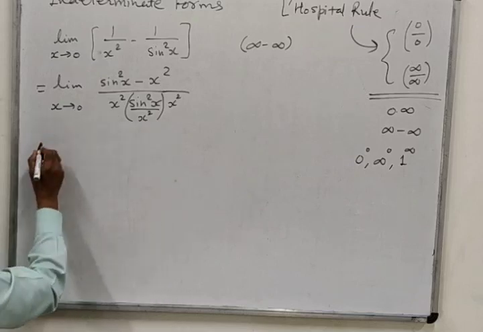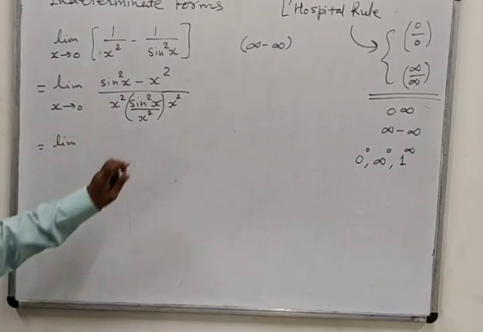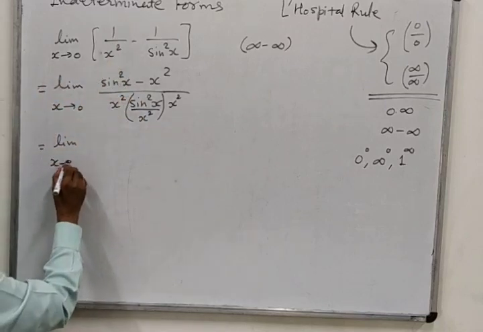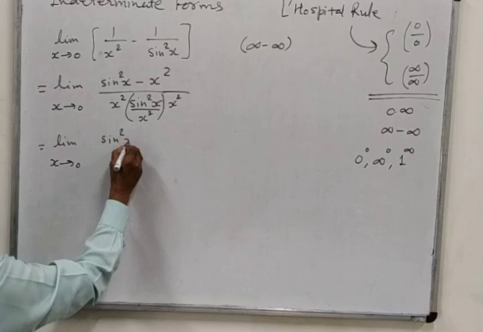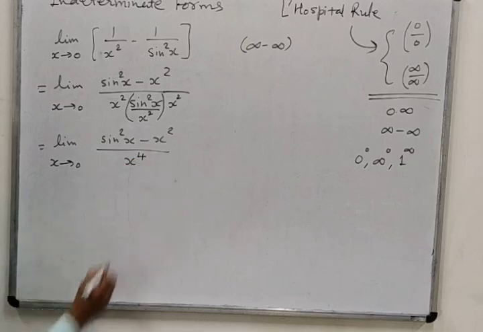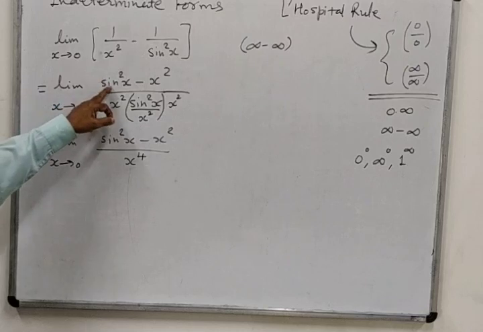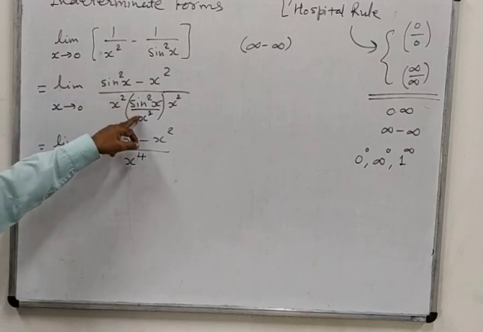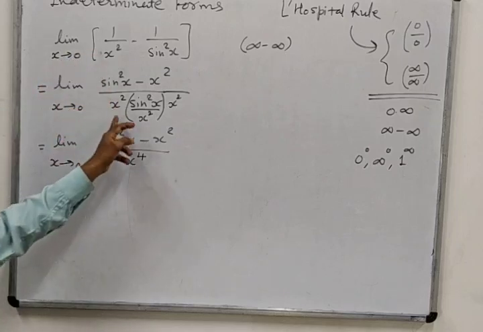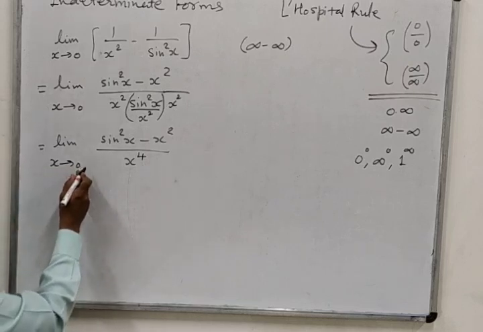As this value is 1, as limit x tends to 0. Here we are not writing which form this is, because we are not checking the form now. We are just simplifying this functional form. So we have sine square x minus x square divided by x square into x square, equal to x raised to 4. Once again you have to remember that in the sine square x we cannot do this kind of idea, because limit of f(x) upon g(x) we cannot split, but limit of f(x) into g(x) we can write. Okay, now let us check this form.